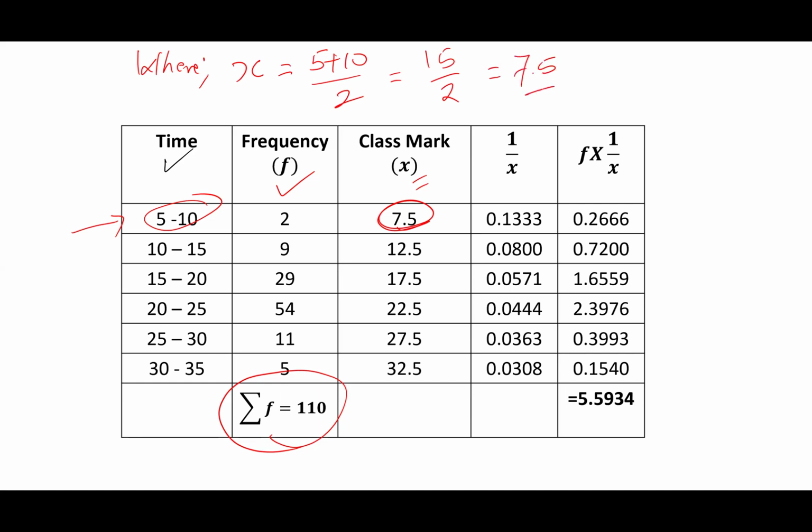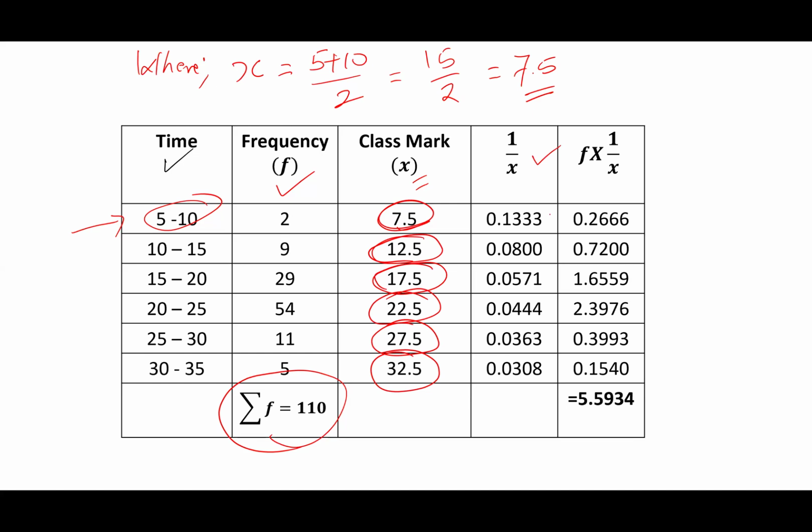I guess I'm right. Am I right? 7.5? Someone confirm in the chat. Good. So these are the class marks for those who didn't know how to determine the class mark. Those are our class marks right there. Just do this class on that. Then after getting your class mark, you go ahead to determine 1 over x by getting 1